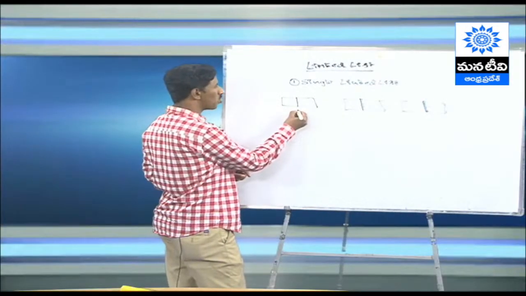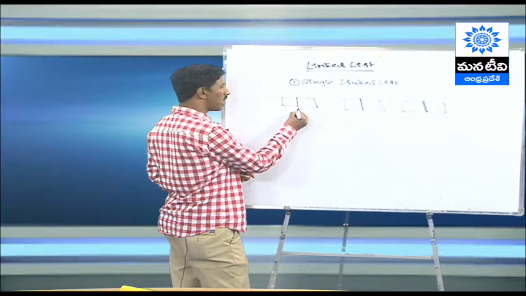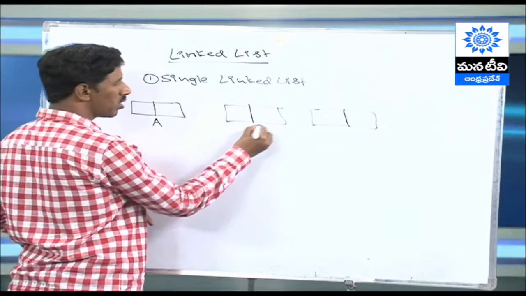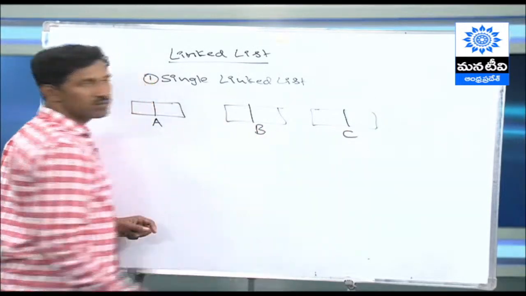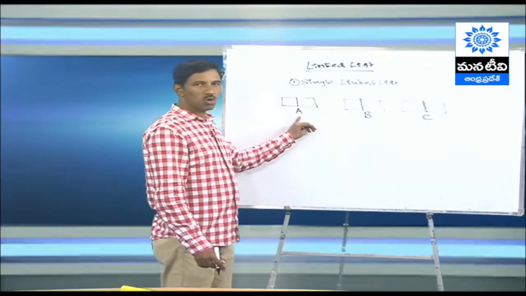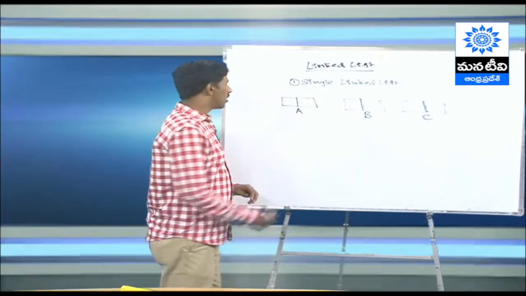This is my node 1. What is the name of the node? Node A. This is node B. This is node C. I have given the names node A, node B, node C. Now I want to represent